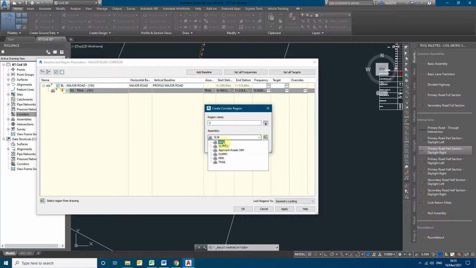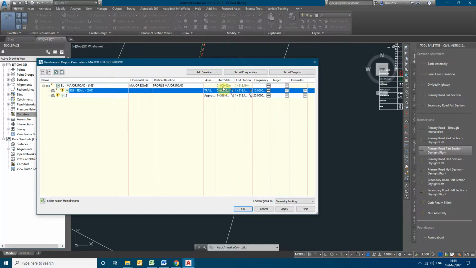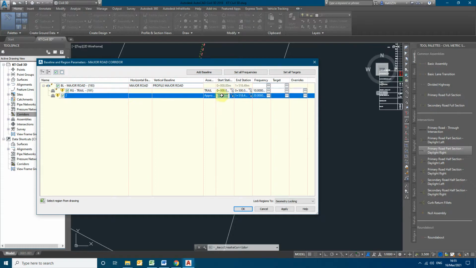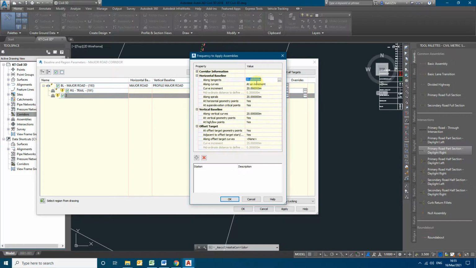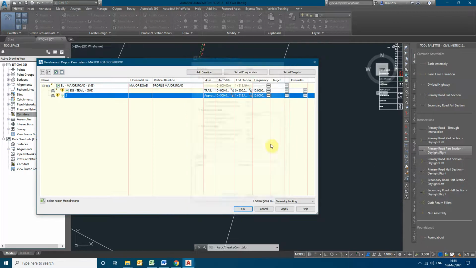Assembly also you have to mention. So I give the sample, whatever assemblies were created, I will be applying this. Okay, so you have to assign the chain edge here, 1 to 500, later it is 500 to end. So here also you have to check the intervals to be defined, the interval on which the corridor is to be running.